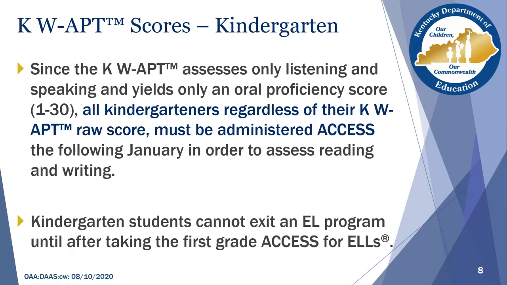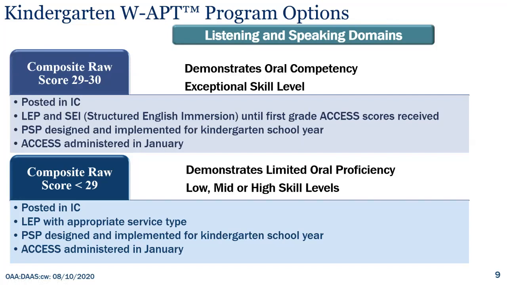They do have, you know, we have parents who refuse services for our English learners as well. And we're going to be showing what those options are for our kindergarten students who score those 29 to 30, and those are composite raw scores. And so if a student who is kindergarten, because remember, they're only taking the listening and speaking domains,